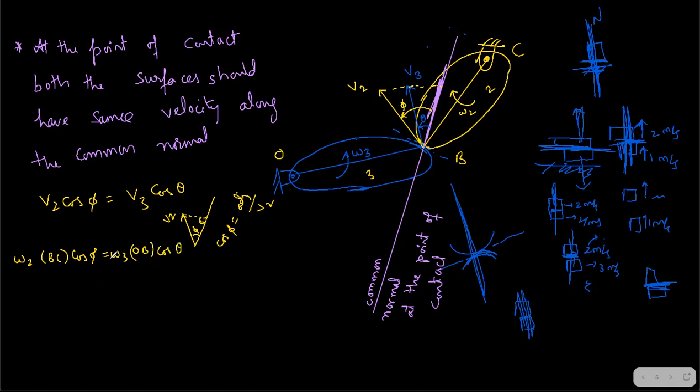Okay, so this is the way in which we can write the values. But over here, can you see any constant? Like if I write omega 3 by omega 2, BC by OB, BC, OB, okay, they are constant. But cos phi, cos theta, the phi angle is continuously changing, yes or no? If this disk is rotating, the phi angle also will change because the point of contact will change, right? So these all things are going to happen. So how do I get a constant value? So that is the question.